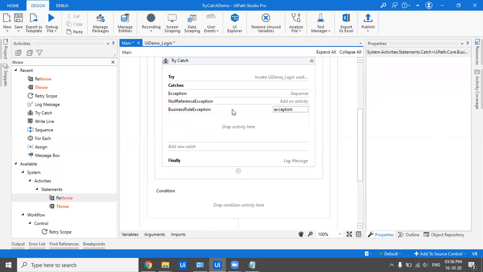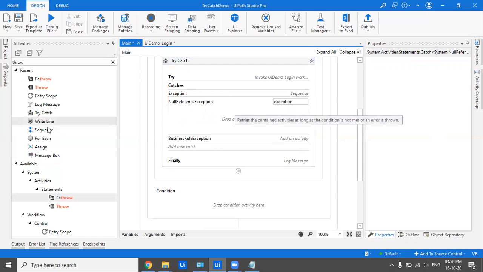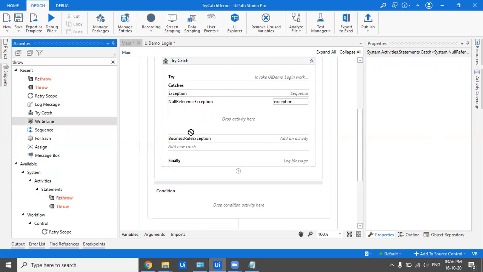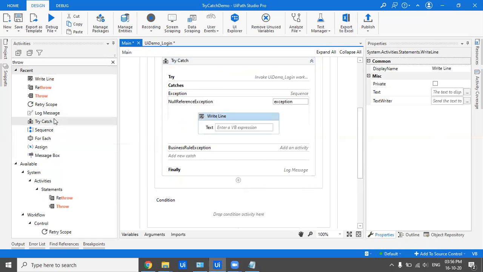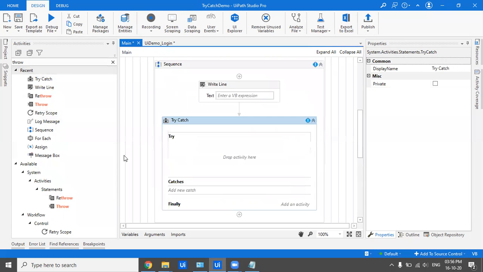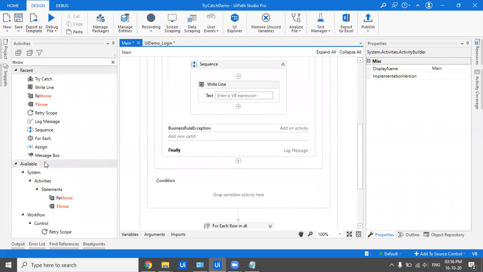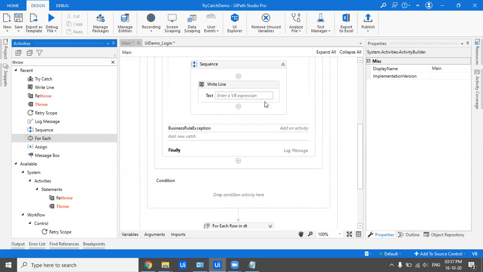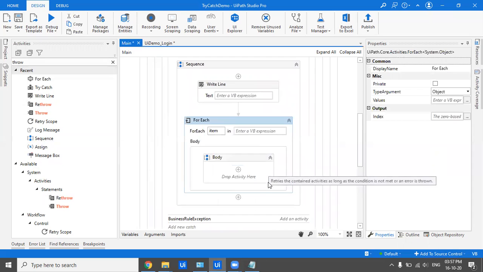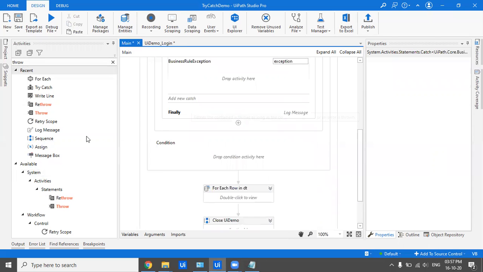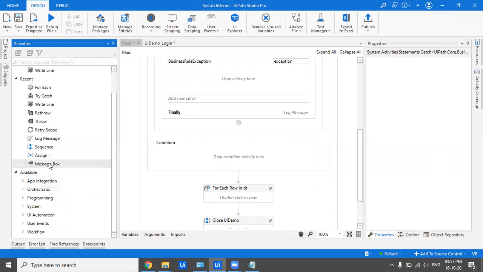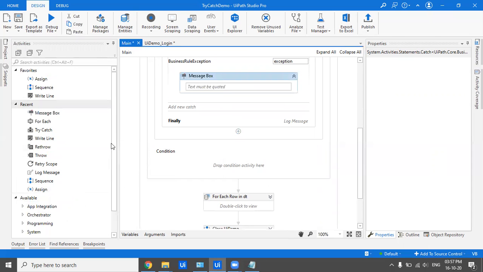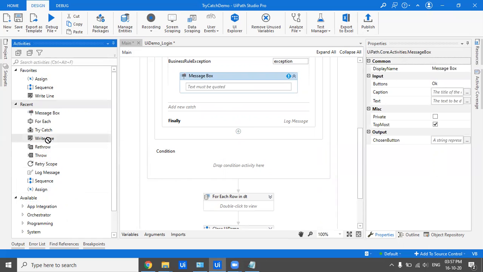If it's a null reference exception, then you would want to perform n number of activities here. You can keep dragging all the activities you want to perform in case there is a null reference exception. I want to loop, I want to update my status, I want to send mail, anything. If it's a business rule exception, then I have to send a mail or have a message box here. I'll have to write a line, something.